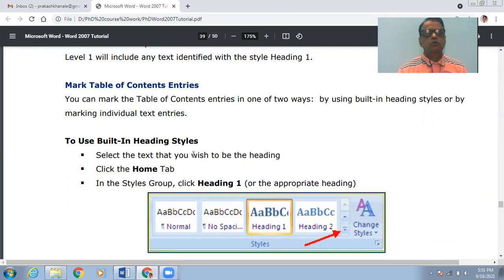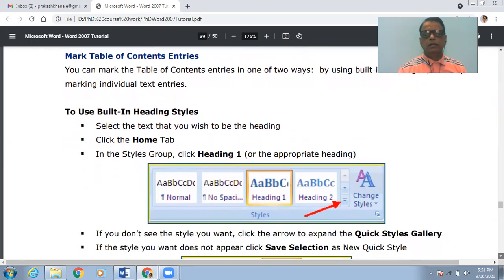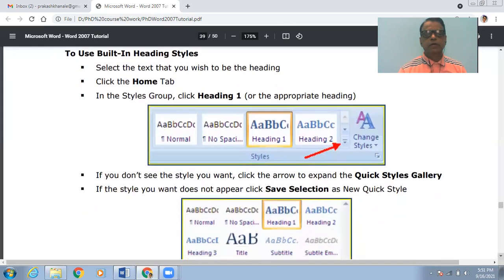Whenever you want to use the built-in heading style, select the text you wish to be the heading. Then click on the Home tab, and in the Styles group, select heading 1. As shown in this window, you go to the styles, and there you can change the heading style to heading 1.